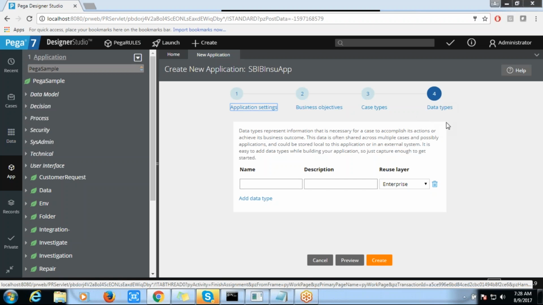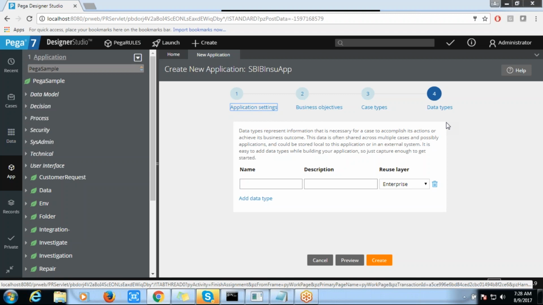So what is the data type here? Let's say you want to share information or data across applications, or we have created the case types and you want to share the information across the cases. Then we are going to specify those particular things within the data types.